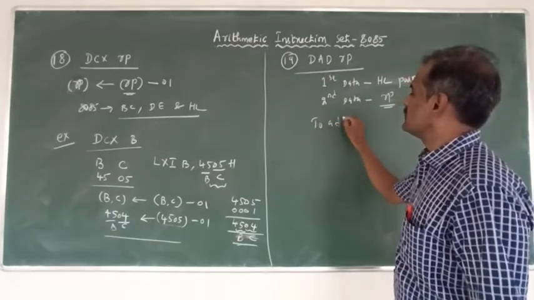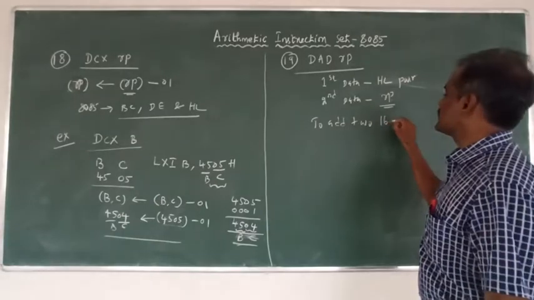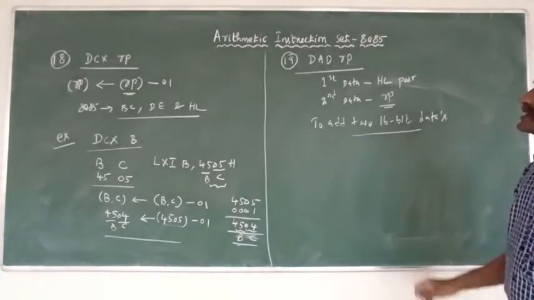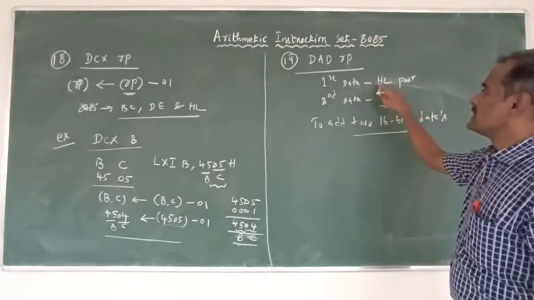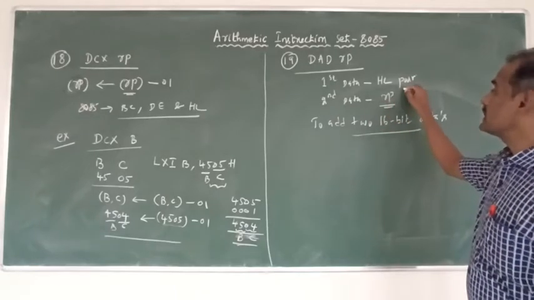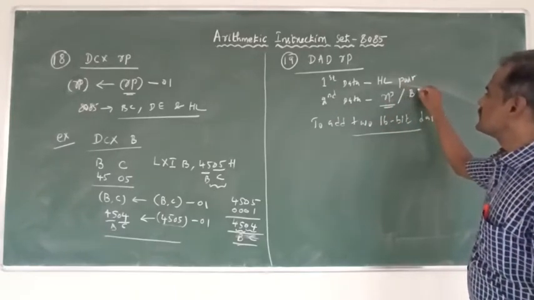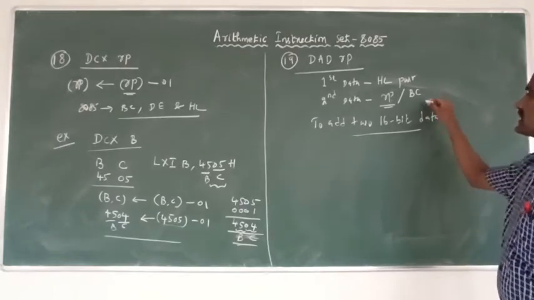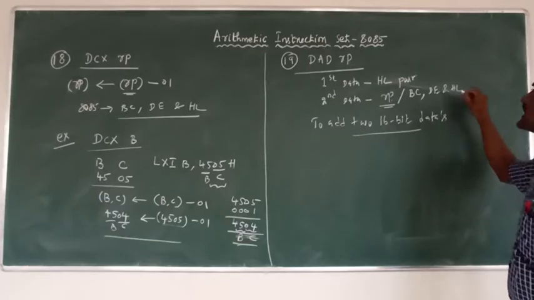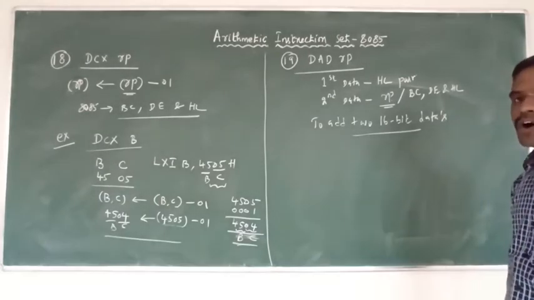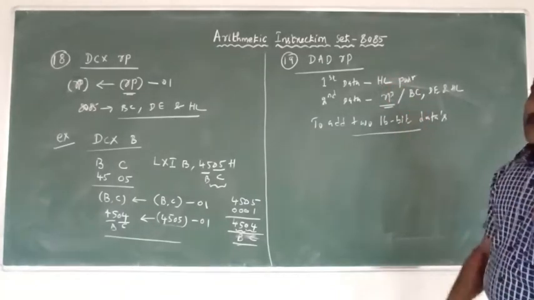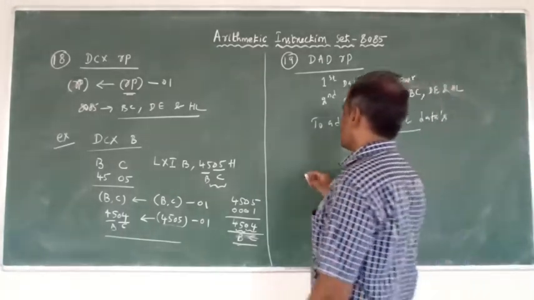That means to add two 16-bit data. Data 1 is always in the HL register pair. The second data will be any one of the 3 register pairs, either BC, DE or HL register pair. And the result is always stored only in the HL register pair content. Okay. Example.